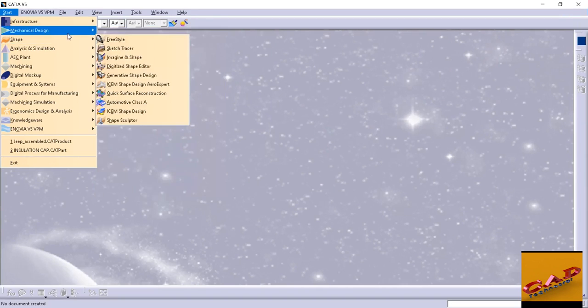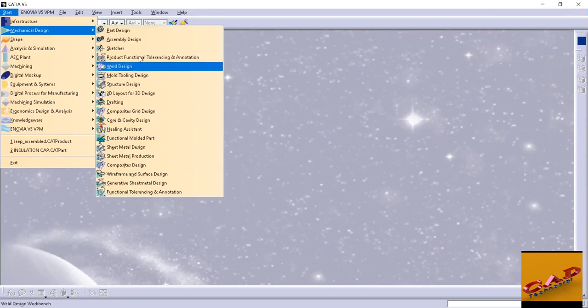The first thing useful for all students and beginners is Mechanical Design. In Mechanical Design there are lots of workbenches. The first workbench, you can see here, is Part Design. The second workbench is Assembly, third is Sketcher, then Production, Functional, and later on we will see Drafting, Sheet Metal Design and Generative Sheet Metal Design, and Wireframe and Surface Design.